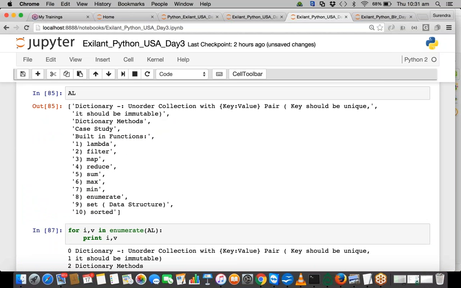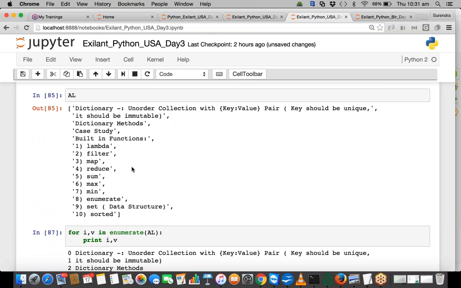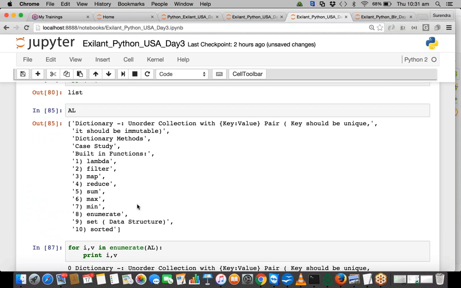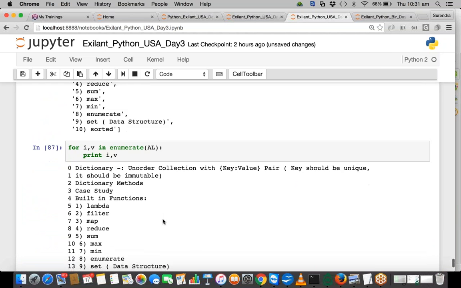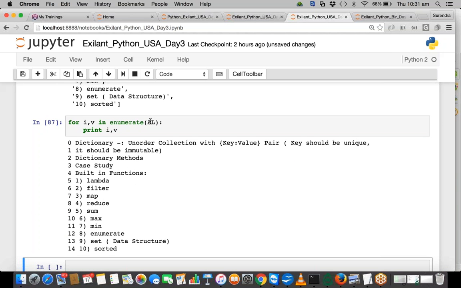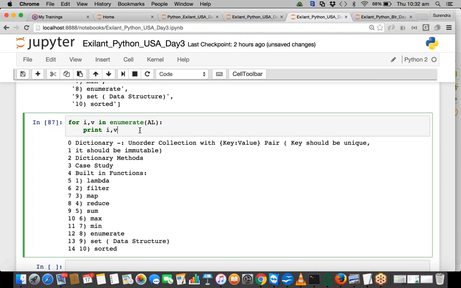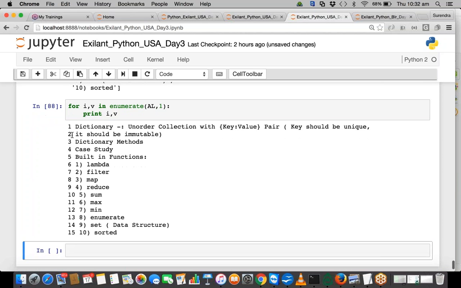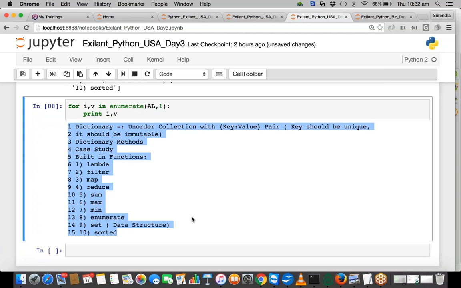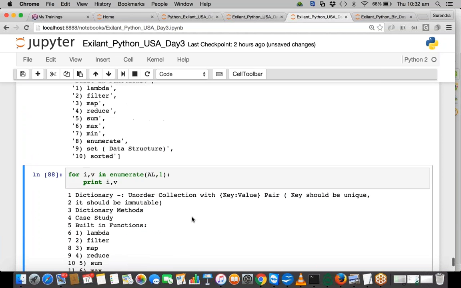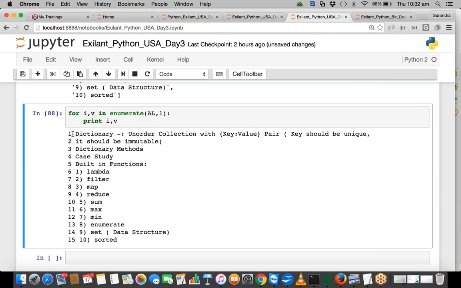So first, what did I do? I converted that string into the list. Now on the list, the index is automatically given here, right? And now something more interesting. I want to start from 1 here. I can do that also, just by putting the initial value 1. You can see the auto indexing. I can show something more interesting about this also. So I got a line number automatically for my